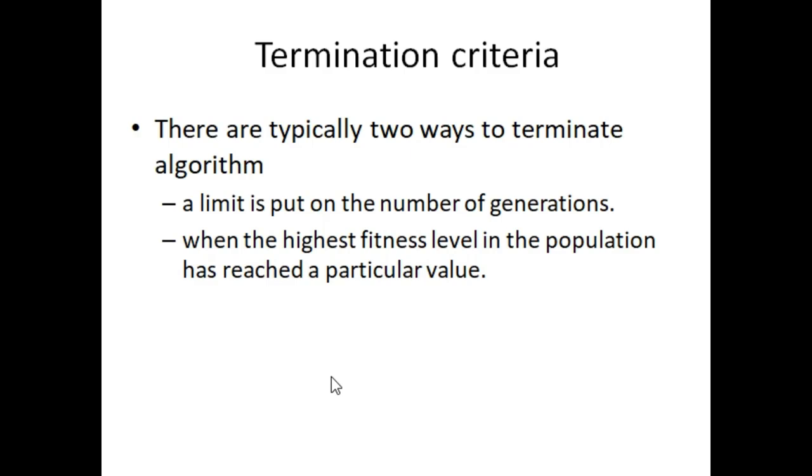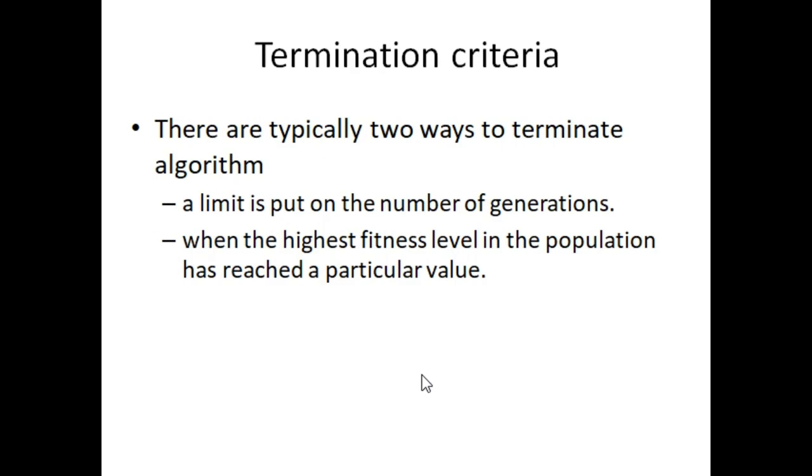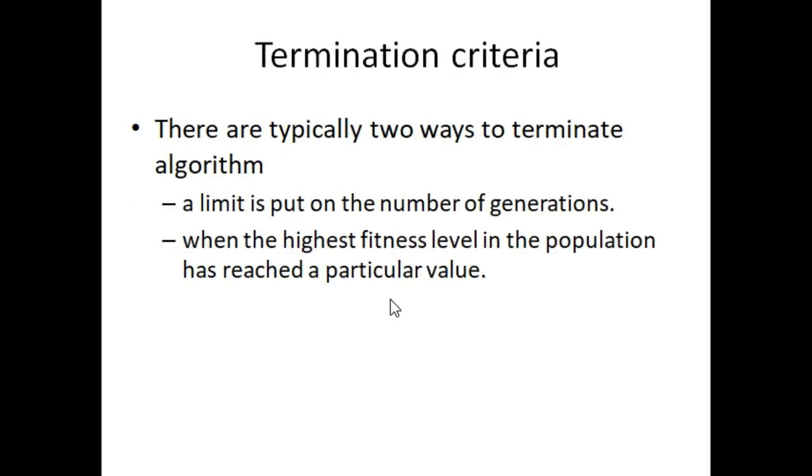So the second point to terminate this algorithm is when we achieve the highest fitness level, or we can say that when we achieve the minimum sum of squared error in the population, it has reached a particular value, जो कि हमें सबसे कम जहाँ पे वैल्यू आती है वहाँ पे टर्मिनेट कर देगा। So the concept is that हम इसको टर्मिनेट करेंगे जहाँ पे particular value आती है। So that's why this algorithm is an approximate algorithm. It is not going towards the error at 0 level. So ये क्या करता है, जो भी minimum उसको मिलता है उसको वहाँ पे terminate कर देता है।